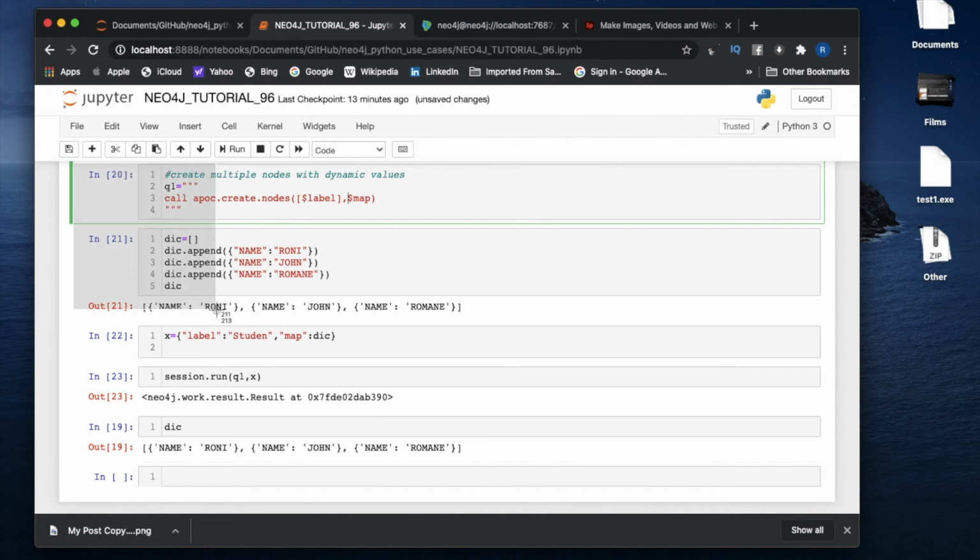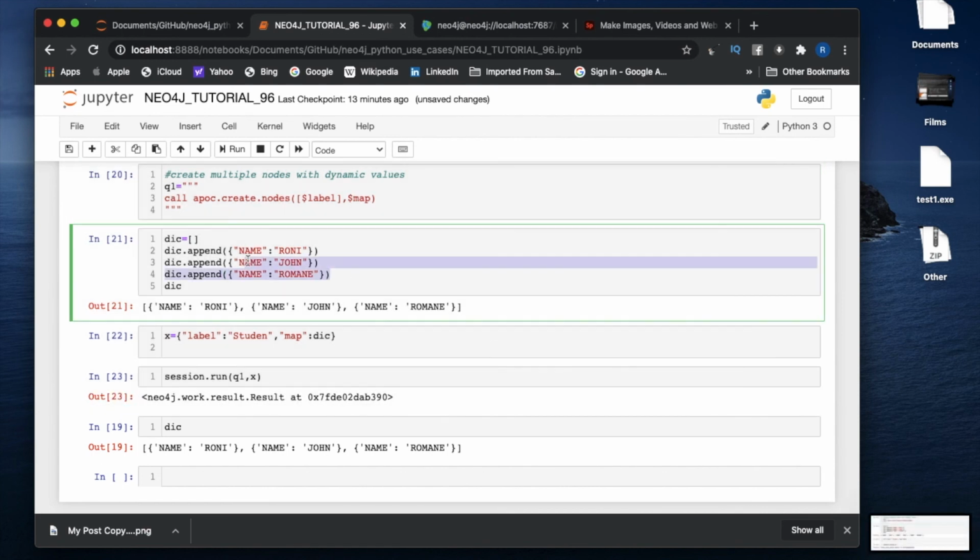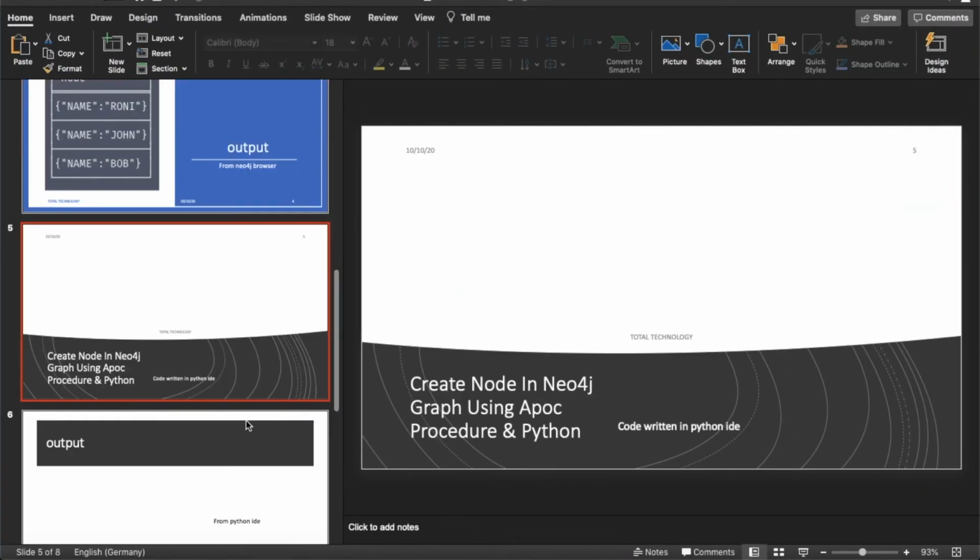So this is how we can create multiple nodes using the apoc procedure. But here I used static values, like I'm hard coding this. Suppose you want this to be loaded from a CSV or JSON file, how to do that we'll see in the next tutorial. Okay, so just hold on, let me just